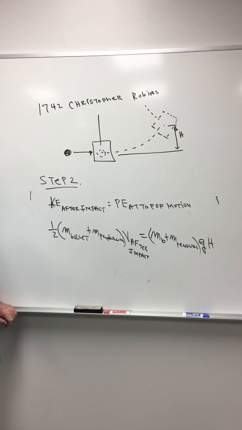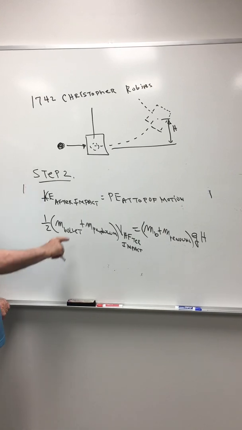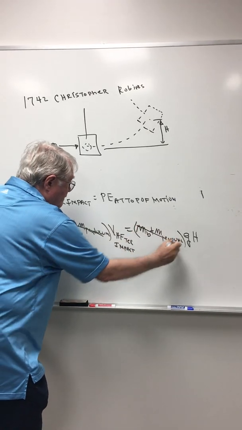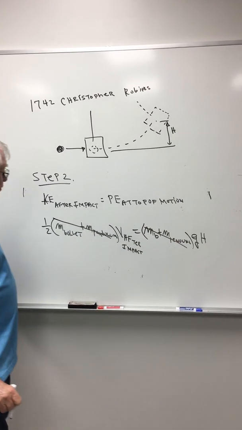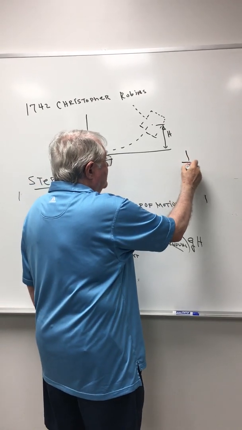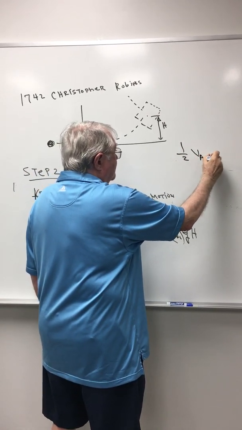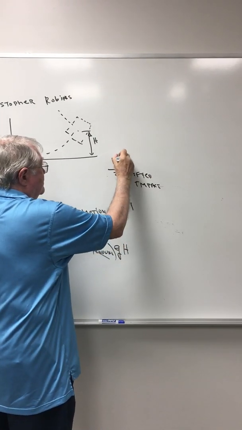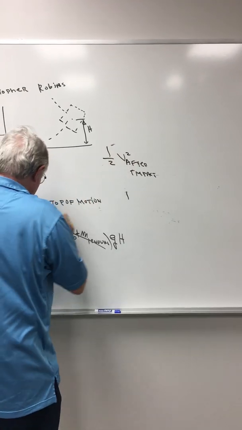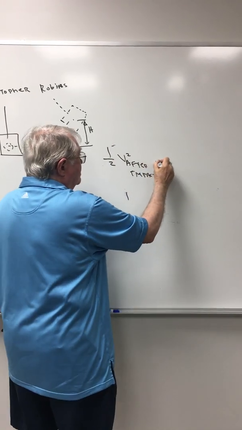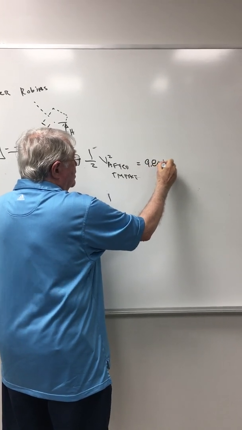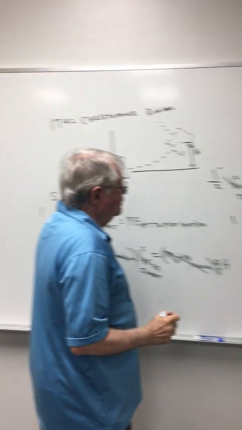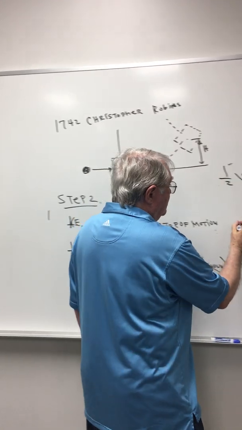And as you can see, looking at the two sides of the equation, this is the same as the mass on the other side, so they'll cancel out, like that. Now what we will end up with is 1/2 of the speed after impact squared will be equal to 9.8 meters per second squared times the height. Well, the speed after impact was 0.3 meters per second